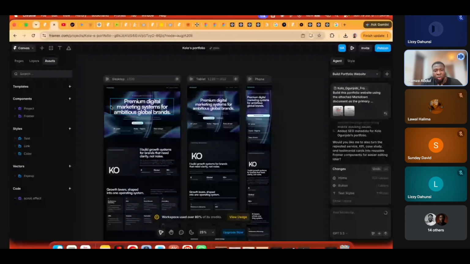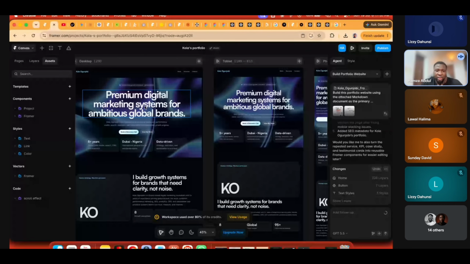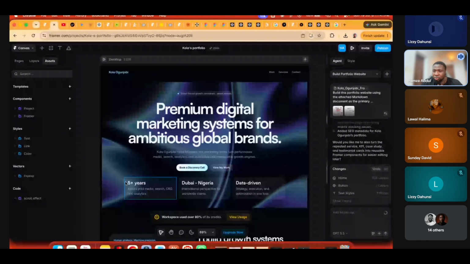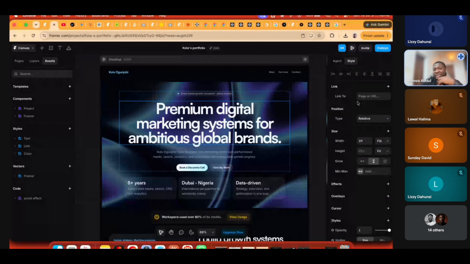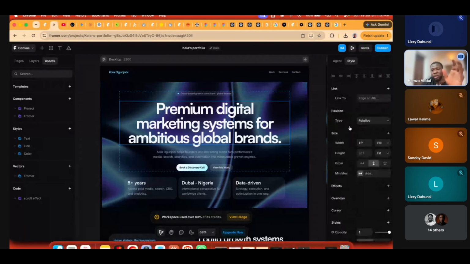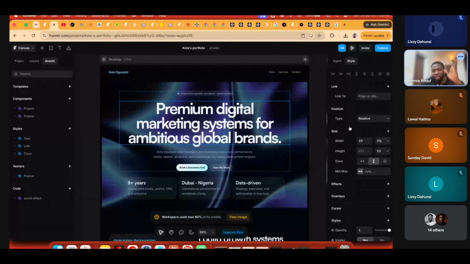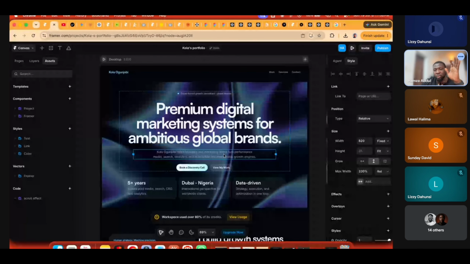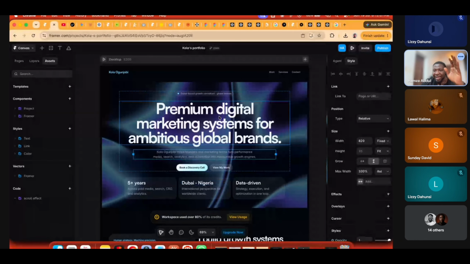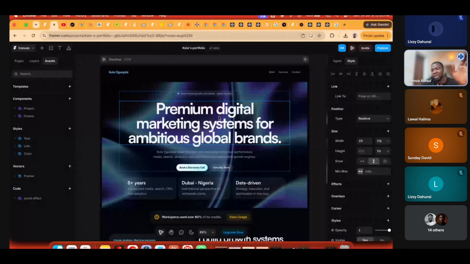For example, I can come here and make modifications to this. You can say, okay, I want to add animations to this. If I click on this now, you know the part I told you that is going to show up once you start having design? Look at it over here. Just like in Figma, you have your properties. If you click on any element, those properties will show over here, and you can now start adding styles to each of those elements.